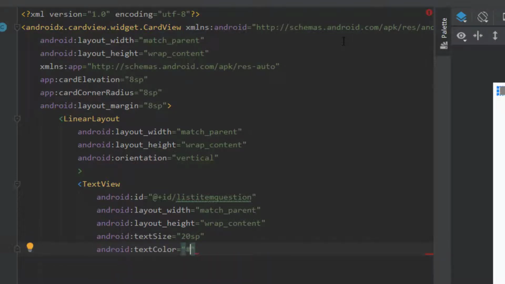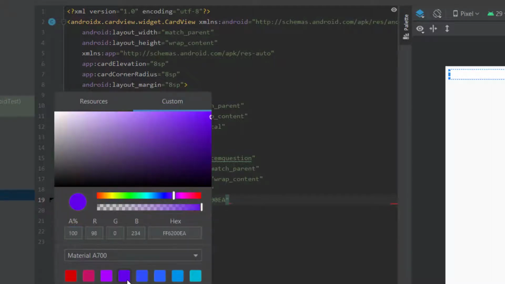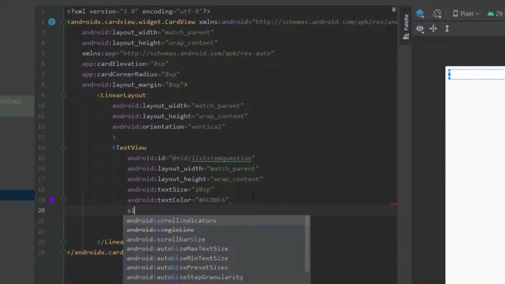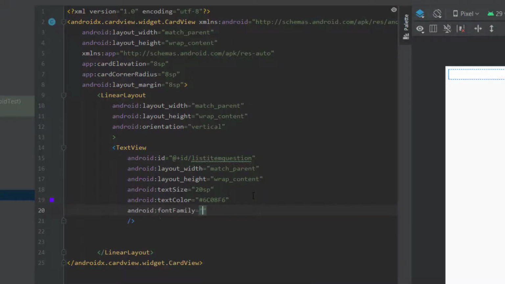and let's set the color as black, but let us change this. So click that color icon, you can change it here. I am making this blue color, let's say violet. I don't know whether it is blue or violet. Yeah, it's violet. So next one is, yeah, that's all. I am closing this. No, before that I am making another one. Let's say font family, and setting this as allies,